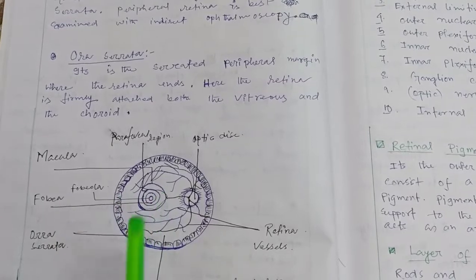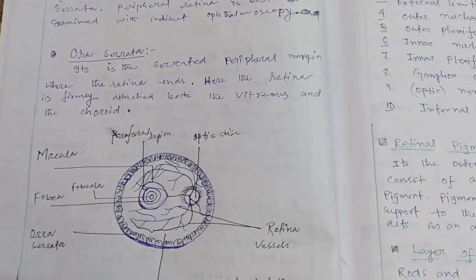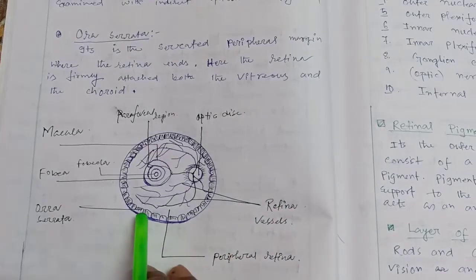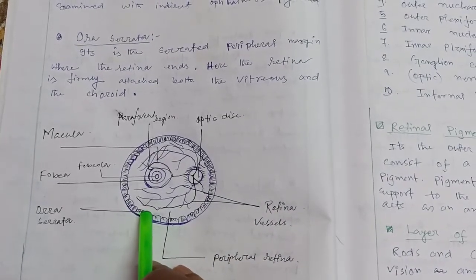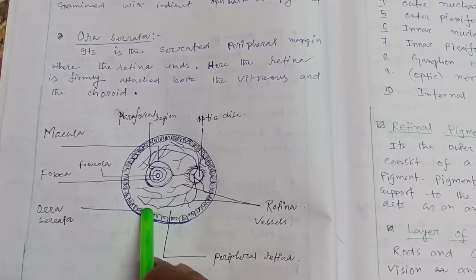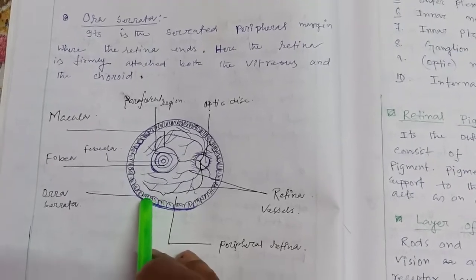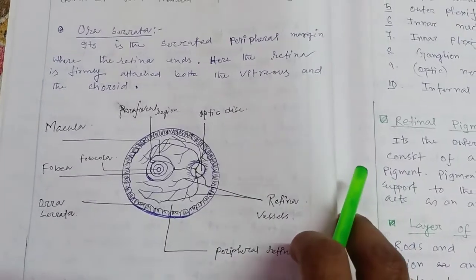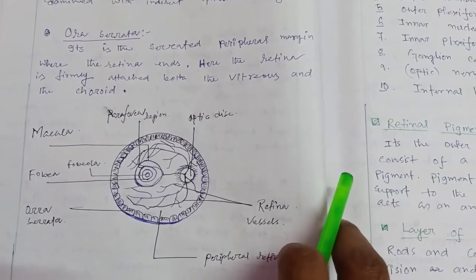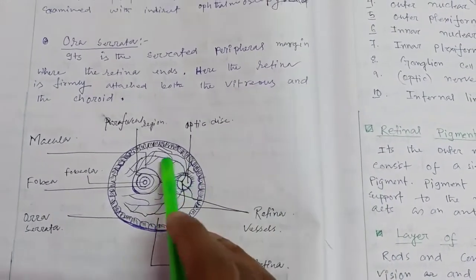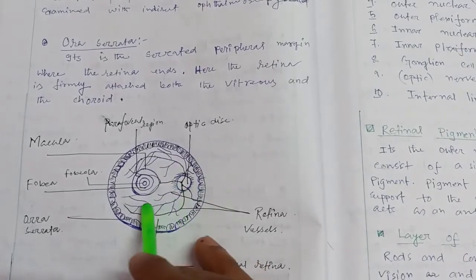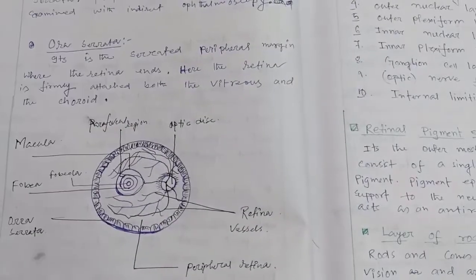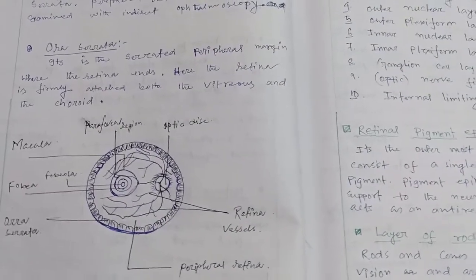Okay, এবং এই পোর্শনটুকু আমরা কি বলবো, ওরা সেরাটা। ওকে, and this is the peripheral retina, and this is the retinal vessel. ওকে, এবার আমরা জানবো কি লেয়ার্স অফ দ্য রেটিনা।